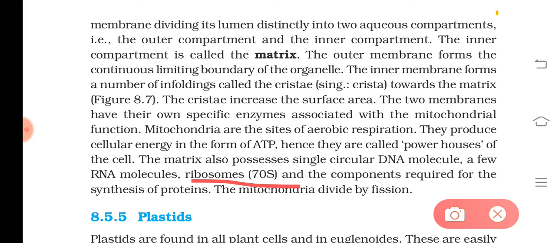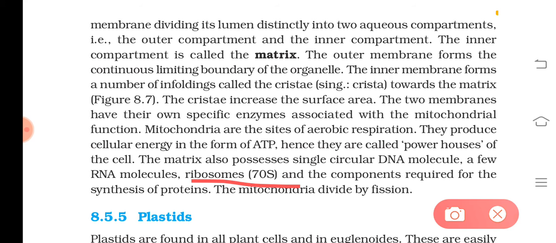Why are ATPs known as the energy currency? Because whenever energy is needed for each and every metabolic activity, energy is needed, isn't it? Or if a molecule needs to get inside, we have studied about active transport, in that also ATPs or energy is needed. So during that time, the ATP molecules which are already prepared in the mitochondria will be hydrolyzed, and they release the energy, and that energy can be used for what?